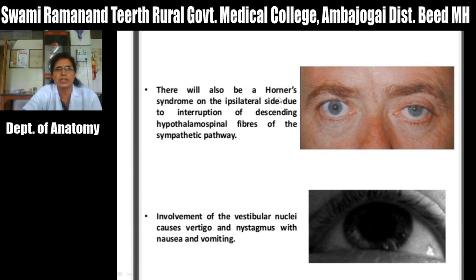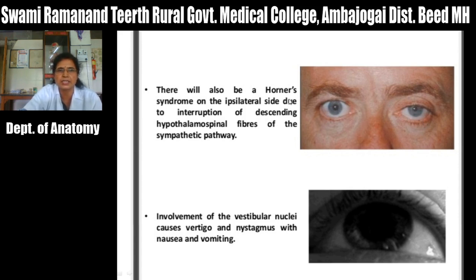The signs and symptoms of this Horner syndrome: there is miosis. Now in this figure you can see on the left side there is miosis, meaning there is constriction of the pupil, as compared to the right side; the left side pupil is smaller. Then there is ptosis. Ptosis means drooping of the upper eyelid. Compare these two eyelids, there is drooping of the left eyelid. Then also there is enophthalmos. Enophthalmos means inward pushing of the eyeball, and if you compare these two, the left side eyeball is pushed inside as compared to the right.